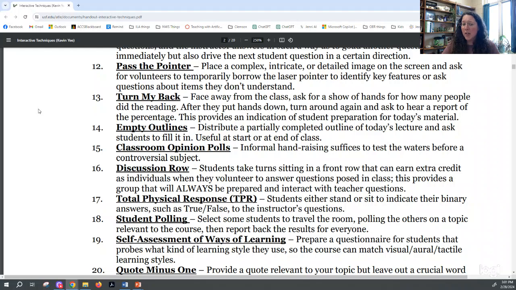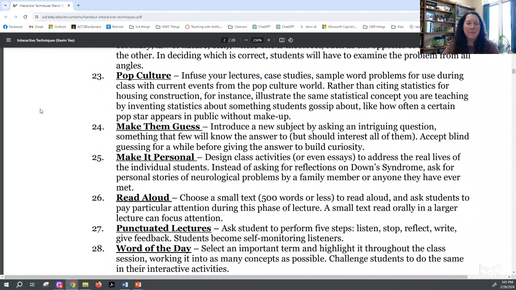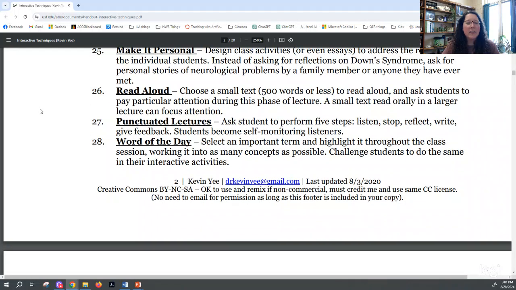There's going to be, of course, a lot of group work in this example as well to do some active learning. Read alouds. We still have a lot of students, even though they're in college, that are not comfortable reading aloud or reading heavy amounts of material. And so if we break that down into smaller passages, if we work on that together, if we take some volunteers that don't mind reading out loud, we can really help with that. Word of the day, sometimes that gets them engaged in the day as well.